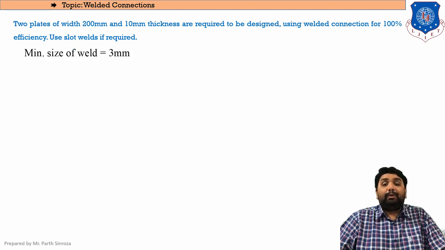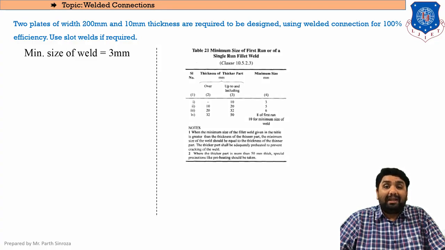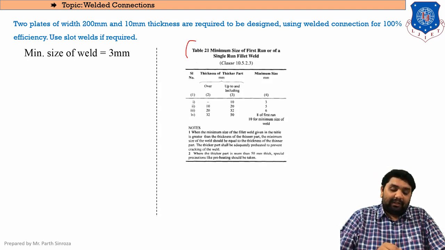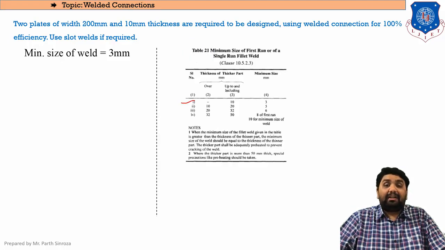Clear? Now we need to identify the size of weld, and for that we will refer to the clauses that give minimum size and maximum size. For minimum size, you again need to come back to page number 78 of your IS code and refer to table 21. In the first row it is mentioned that whenever the thickness of plate is between 0 to 10, the minimum size to be kept is 3 mm.